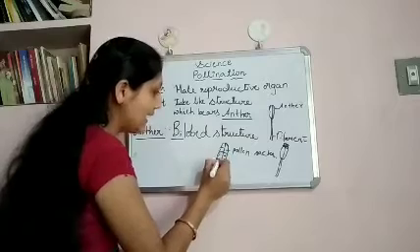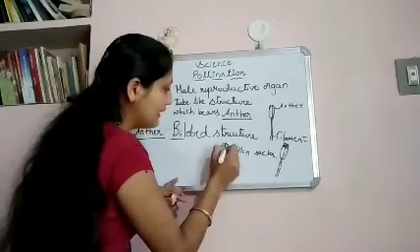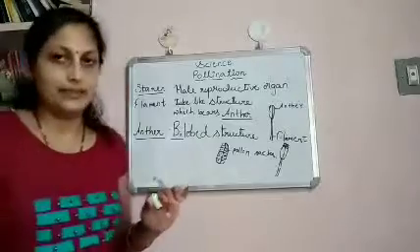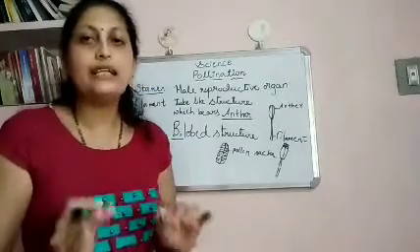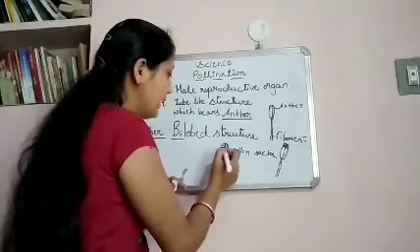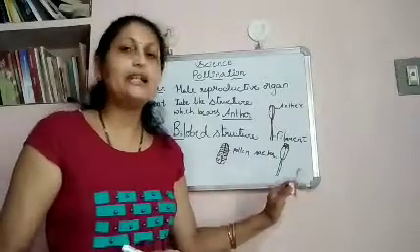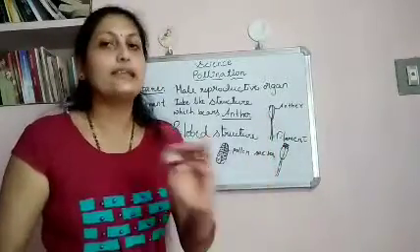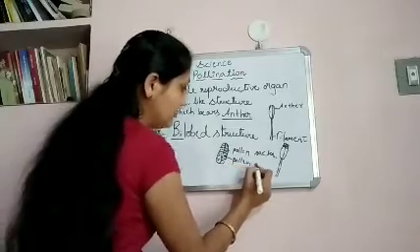Each pollen sac contains pollen grains. These pollen grains are nothing but the male sex cell, as we have already discussed. What is that? That is pollen grains. These pollen grains are the male sex cell. These are the male gamete. We say male gamete or male sex cell. So these are pollen grains.